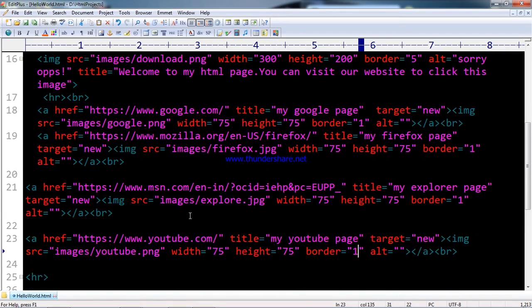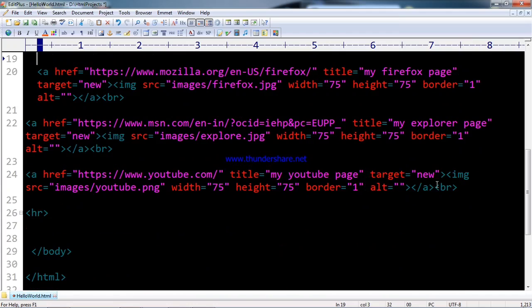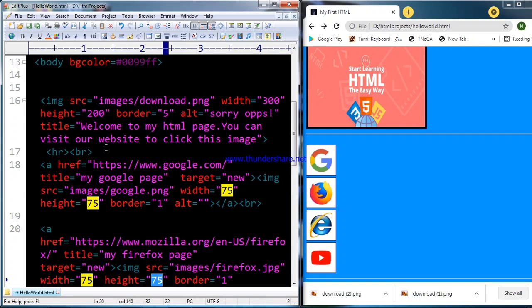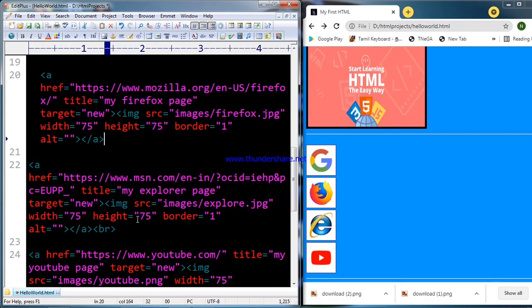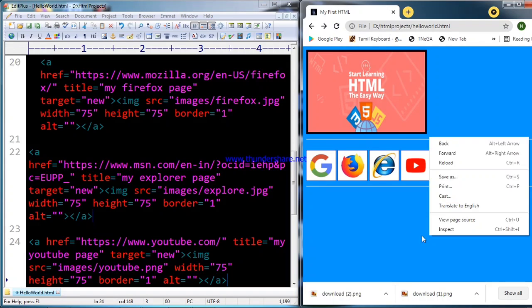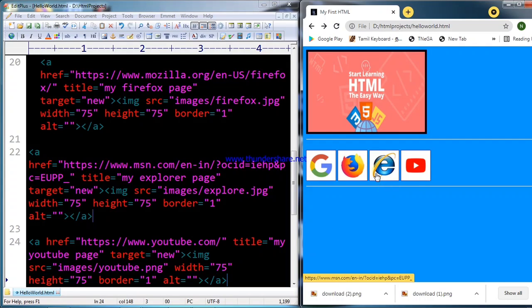I am placing the image tag by replacing the text, putting the image as a hyperlink. So by clicking on that particular image, it will take me to the separate web page.